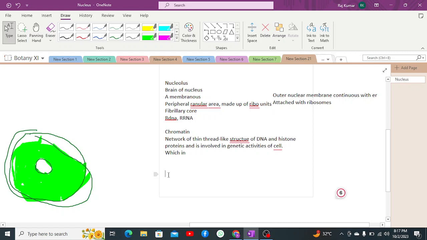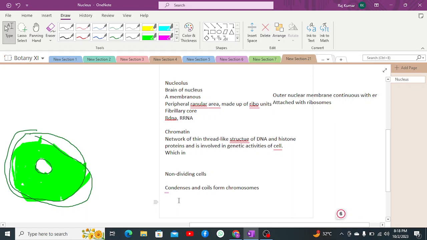It is basically available in non-dividing cells, but during dividing cells, during the M phase, mitotic phase, the chromatin network condenses and coils during the cell division in order to form chromosomes,